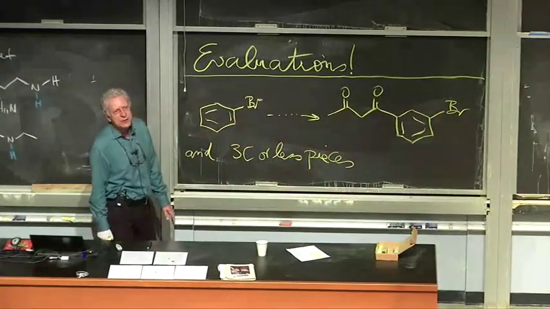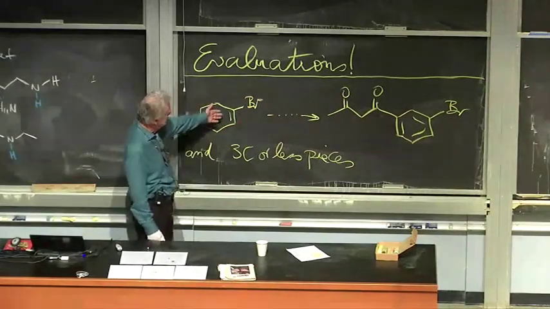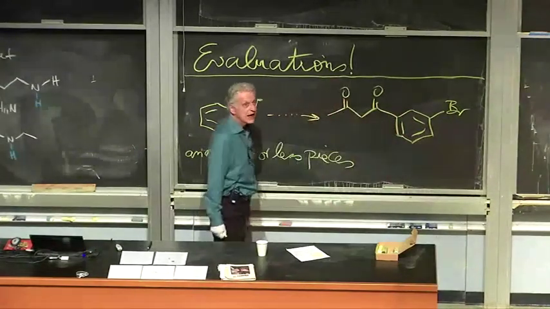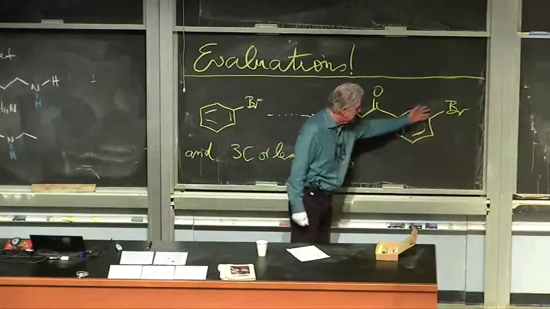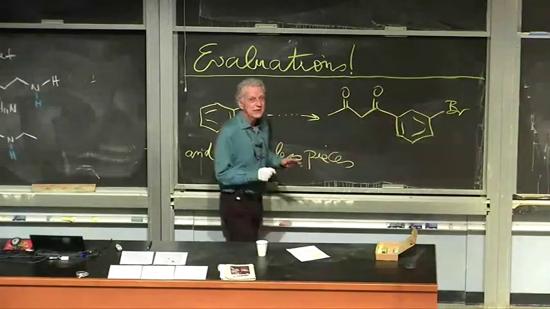So again, as in all of these problems, analyze first, look at the global picture, look at starting material, look at products. Okay? If you look at the starting material, you can see it's a bromobenzene. You look over here, you see that there's another bromobenzene, so clearly this piece reappears. And very quickly, this makes you realize that since we're starting with this piece, something has to be introduced here. Clearly, that's electrophilic aromatic substitution chemistry. So right there, you're already on the right track on solving this problem.